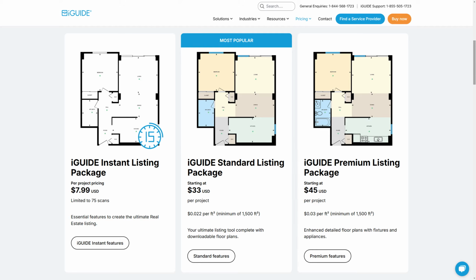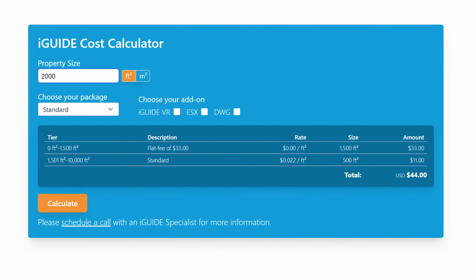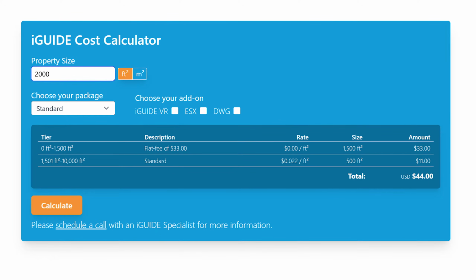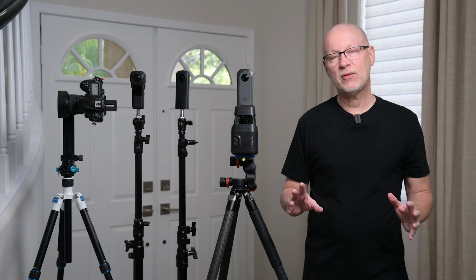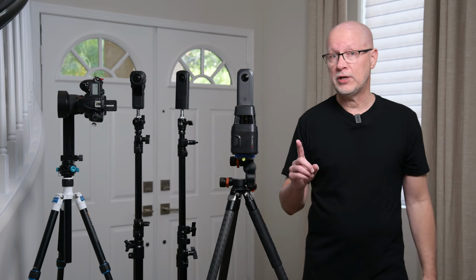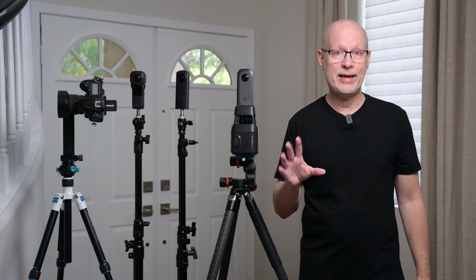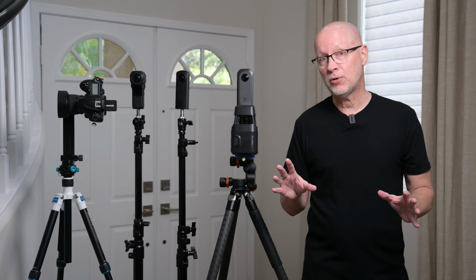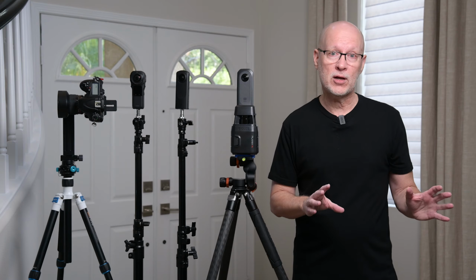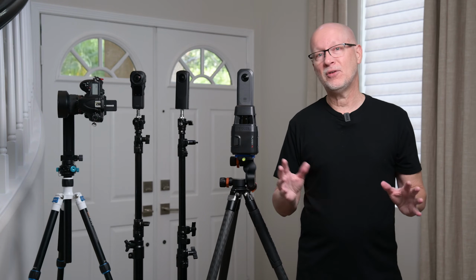Using their price calculator, you can see that there's a base price and then so much per square foot on top of that. It comes with a 2D floor plan, but that's going to be $44 for that virtual tour and floor plan, although it does come with more than just the Instant, their basic plan. Taking a look at that, it would be $44 for each one of those scans, which would be $88 a month. Now that's still cheaper than Matterport, which is $105 a month, but once again with iGUIDE, you have more